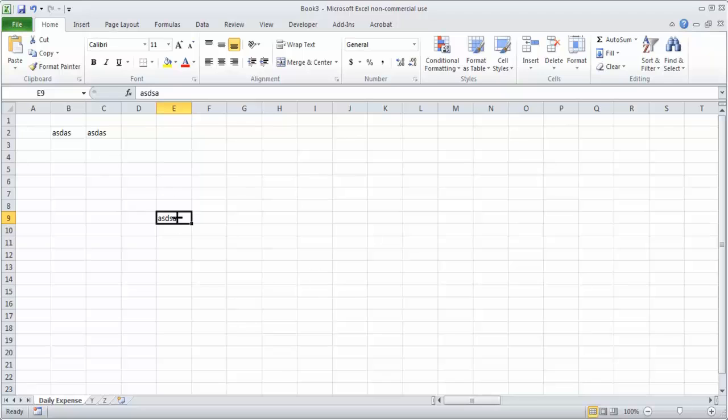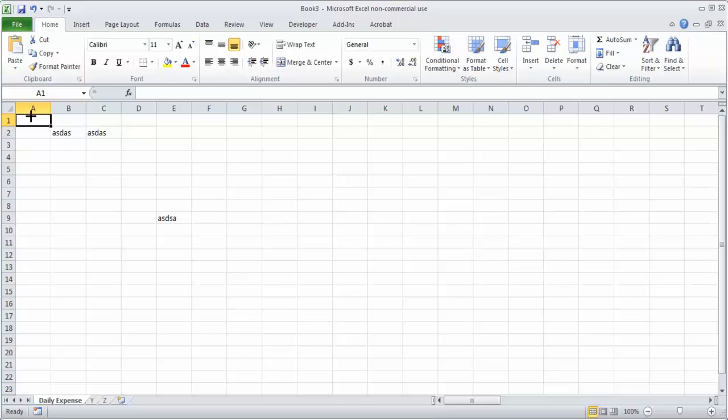Now suppose you are on this cell which is E9, and you want to move to cell A9, which is the first column. What you can do is just press Home and you will move to A9. If you want to move to A1 from anywhere, let's say you are over here and you want to move to A1, you will press Control Home. So Control Home will make you come over here.